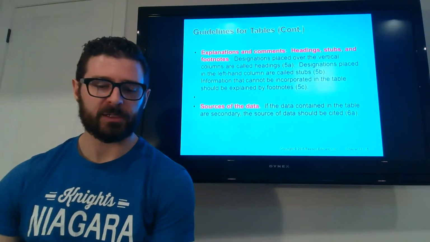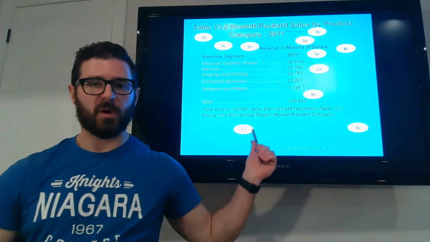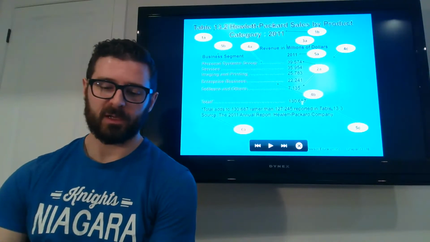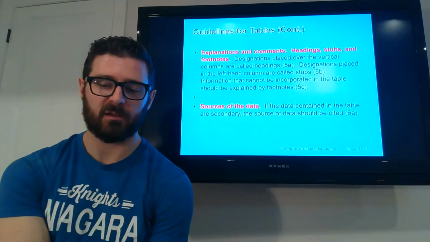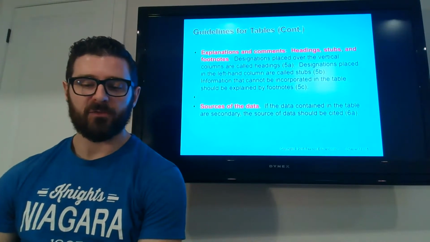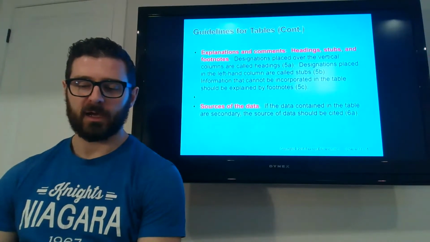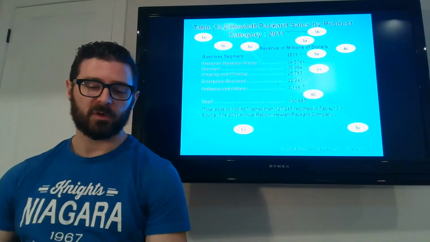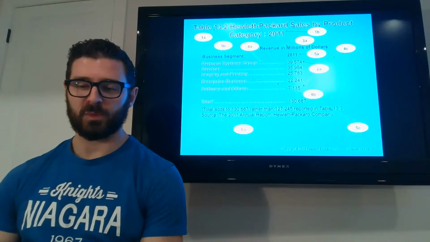Sometimes there's extra information that can't be incorporated in the table, and you can explain that in footnotes. Here at the bottom, you'll note that it says the total adds up to something different because of whatever reason. So if there is extra information that you have to add, you can use the idea of a footnote at the bottom. And finally, it's really important to identify where the source data came from. Is this original research? Is it secondary data? Identify that at the bottom. Here you can see the source, in this case, was the 2011 annual report for HP.